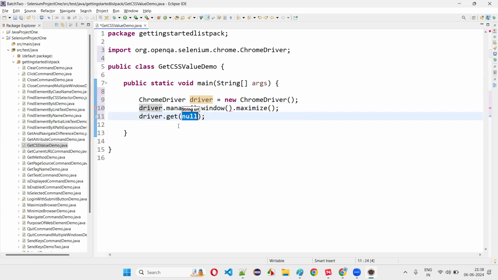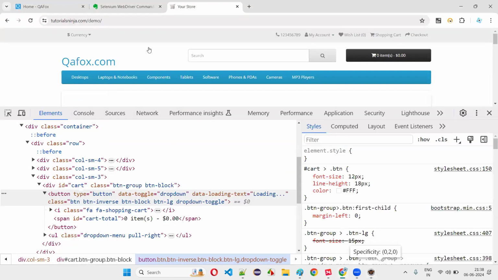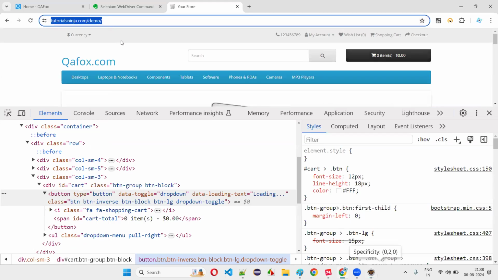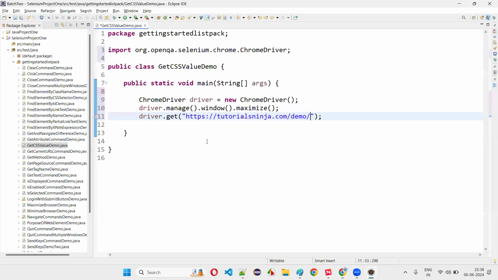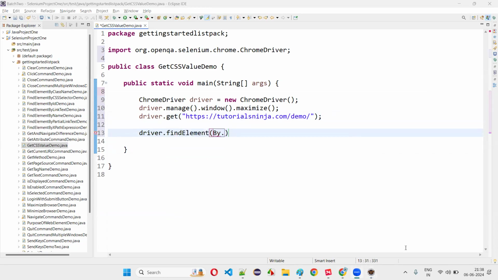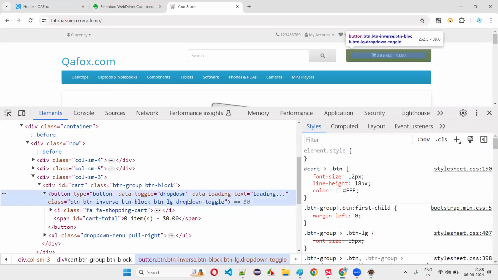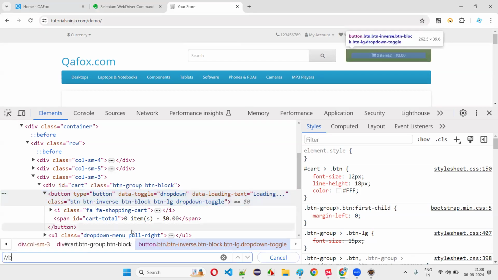Okay, driver.get command. Provide the application page URL where this particular button is there. Copy this application page URL and paste it here. After pasting that, what I want to do is driver.findElement(By. I'll try to locate this particular element. This element has multiple classes here. Our div ID is also there, but this button we have to see. This button's font size is there, right? So this button only. Is there any ID or something? No, right? Button type, button data type class. Okay, I'll take all these classes and simply write down //button